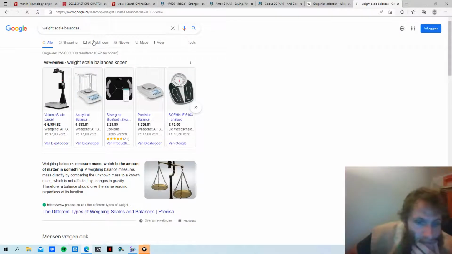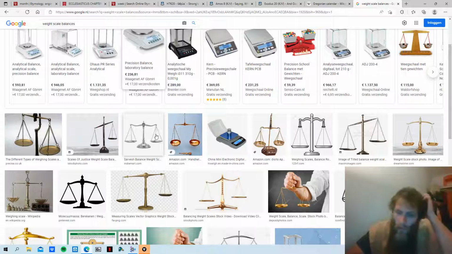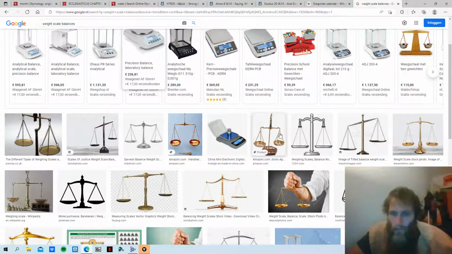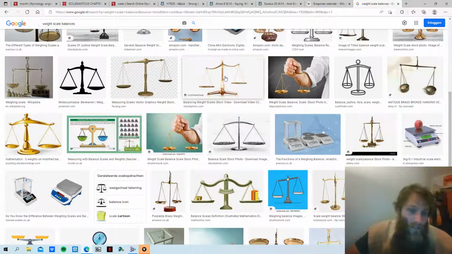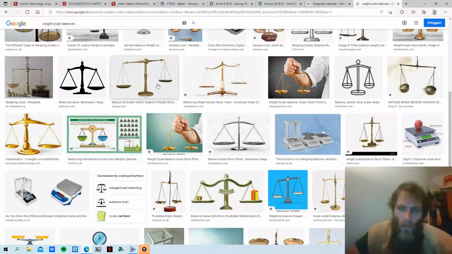Yeah, let me see if I can find one. Yeah. So a great example of that would be this. So on one side you would put 1 kilo, in order for the balance to be just. On the other side, there will be an equal amount to balance it out. You see, and what you will be able to do back in the days was, with the weight that would be 1 kilo, you will be able to, for instance, use different metals with a different kind of measurement, or a weight concerning size,